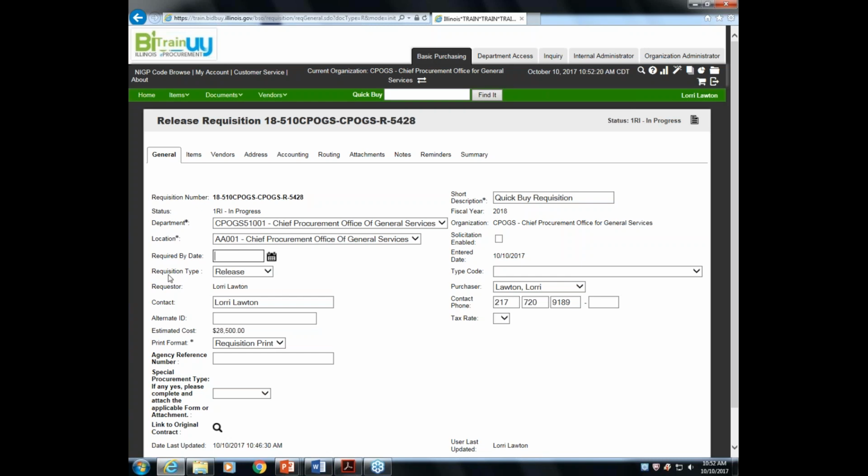The next item down here is a requisition type, and this has been pre-populated because when you do a quick buy, the system understands that you are attempting to do a release off of a master contract, and so that information has been completed for you. There are, if you were to look at this drop-down box, other kinds of requisition types that are used when you're doing different kinds of procurements. But for our purposes, we only need to know that we are looking to do a release off of a